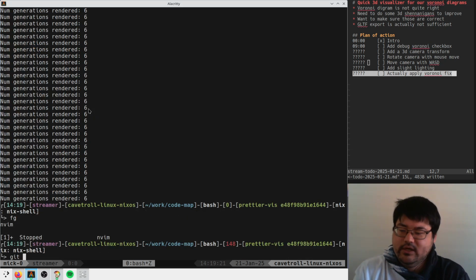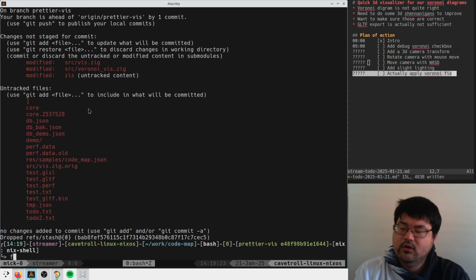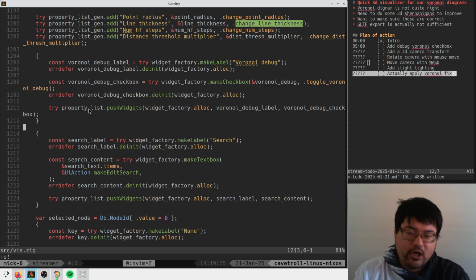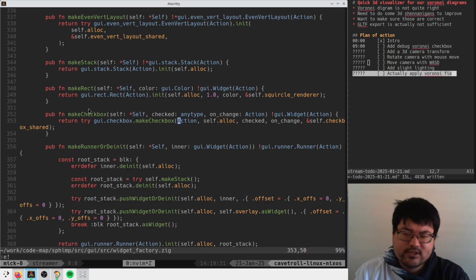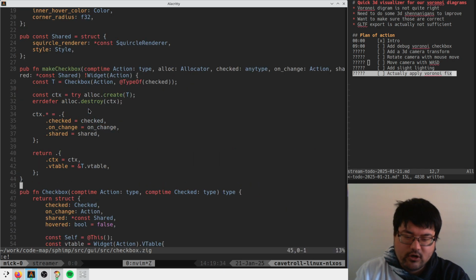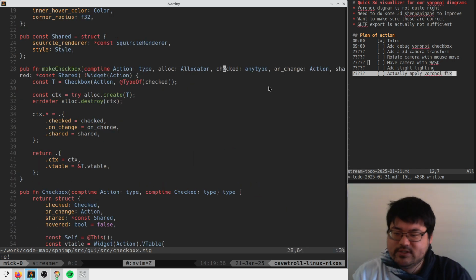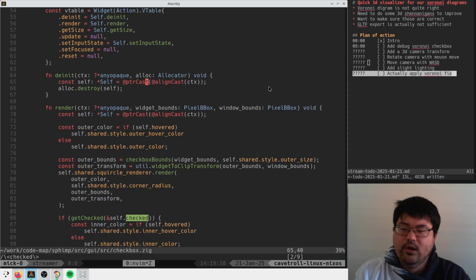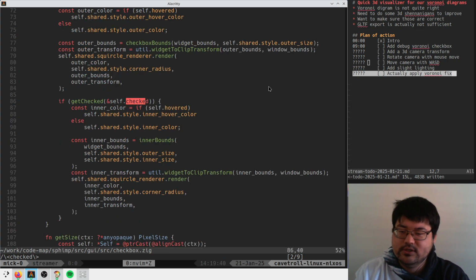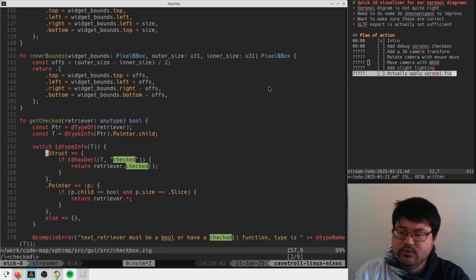So let's get stash pop here. And we were just adding a checkbox to our debug view. So this thing is supposed to say, make me a checkbox based off this thing. And it's complaining because the checkbox in our GUI framework expects some sort of behavior. It looks like it is calling get checked, which says, am I a structure? If I'm a structure, call the checked function. Otherwise,